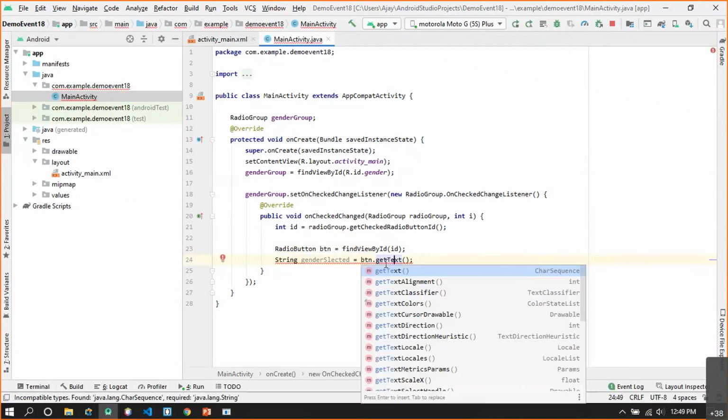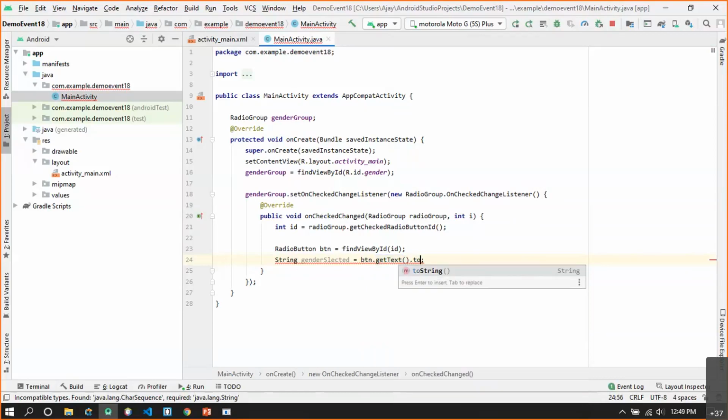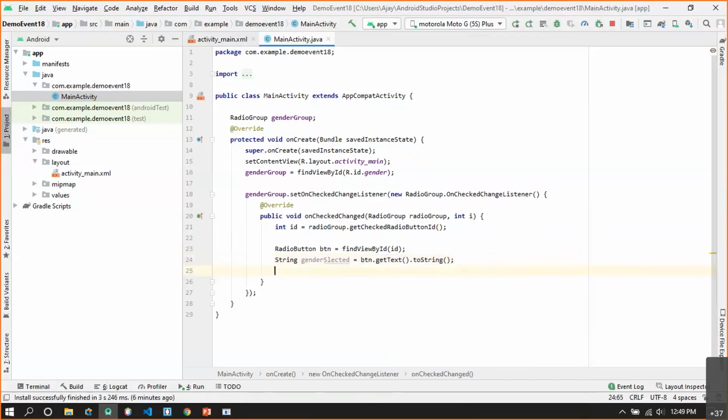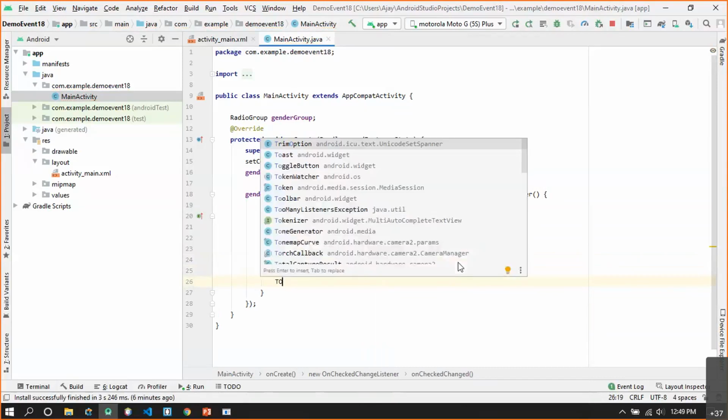What error does it say? Let's try to observe. As you can see, getText returns an object of type CharSequence, and we require an object of type String. No matter, we just have to write the method .toString, which will convert the CharSequence into a String.